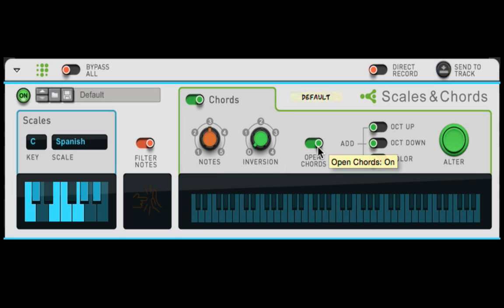Now, if you have open chords, let's make this smaller, just 2 notes. So with no open chords, what it's doing is, when it says open, it's making it higher. And now if we have 3 notes, with an inversion of 1,